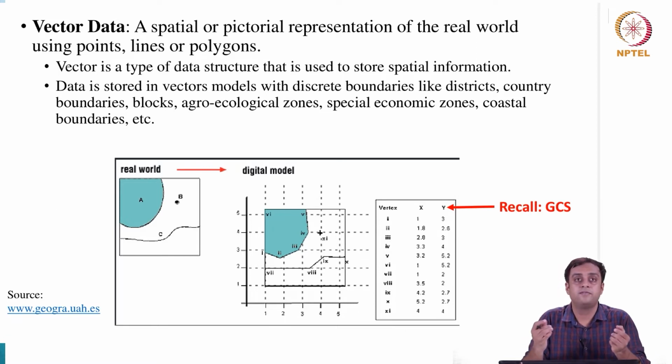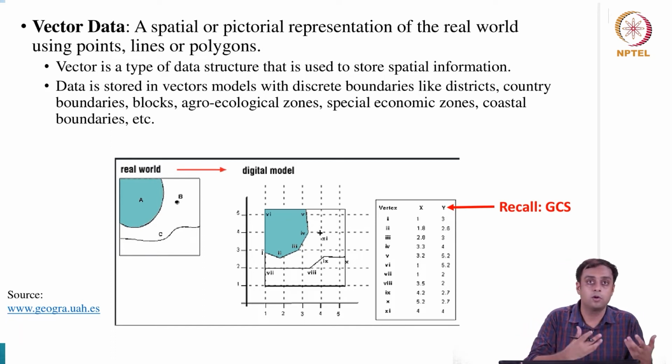Here you do not have information merely stored in square cells that are delineated by rows and columns, right. You have irregular boundaries, which could be coastal regions, which could be different districts and so on and so forth. But this type of storage of information is useful because ultimately, for public policy, for governance, usually the policies are implemented at the district level or at the taluk level or at the village level or a local municipality level.